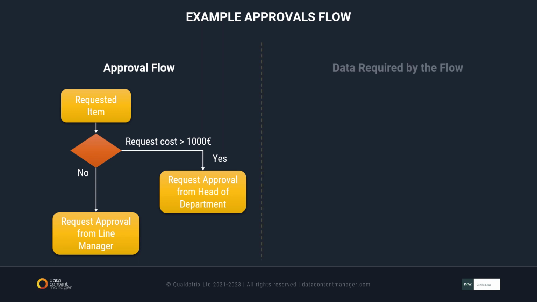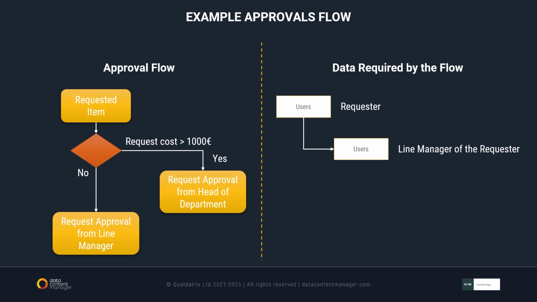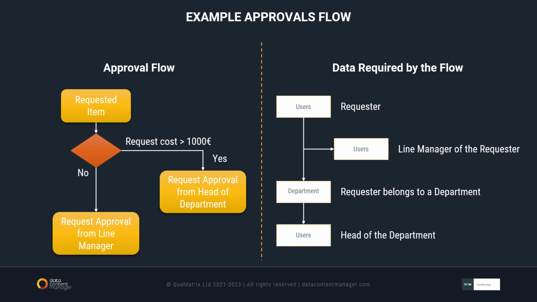So if we think about the data that's required behind this workflow, you first of all need to have the requester, and that's one user record in your ServiceNow. If the approval is required from the manager, you need to know who is the manager of that user. So now we have a relationship between two user records. And then if it goes to the department approval, the user needs to belong to a department, and then that department needs to have a head of defined. Right. So basically, if any of this information is missing, it's not going to work. Yeah, the approval will fail one way or another.